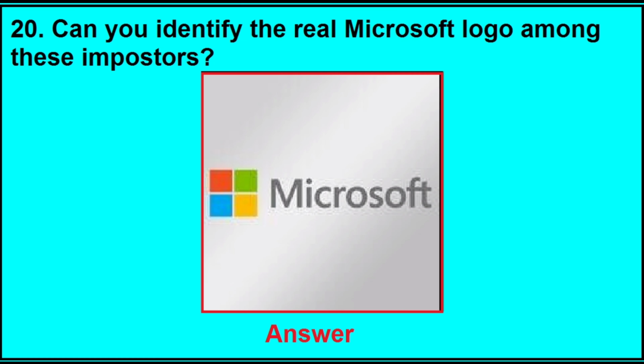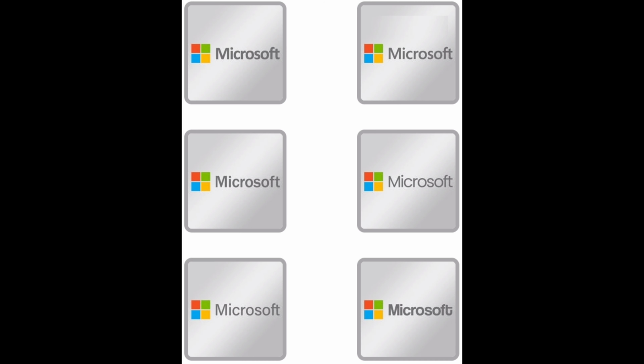Now for this coming question, you can see the Microsoft here. This is the correct one, but many of you find it difficult to solve this question. So I will give you some hints in this question. The first hint is that the letters F and T should be joined, and you can see here this F and T are not joined, so this doesn't qualify as the answer. So we'll cross this one.